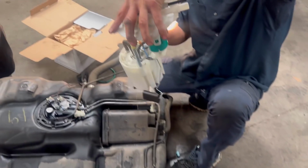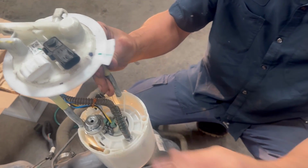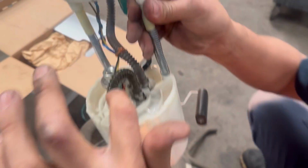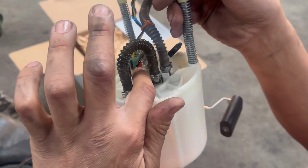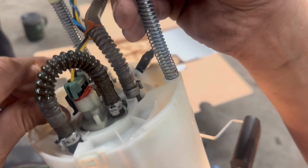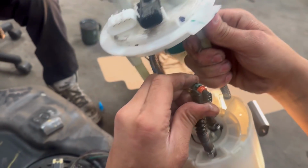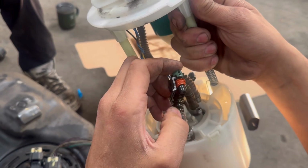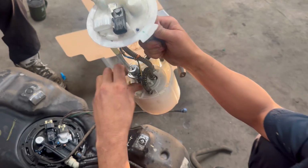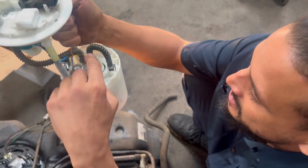So here's the fuel pump that came out of the vehicle. I was expecting to see some burnt up wires, but it wasn't that. What happened was it was a defect. I guess when this thing was assembled, you see it's like an insulator seal. It's poking out, and over time you can see it's all kind of pushed out of place. That created a bad connection with these power terminals to the fuel pump, because this hooked straight into the fuel pump. So this was kind of lifting up. And as you can see, this is the